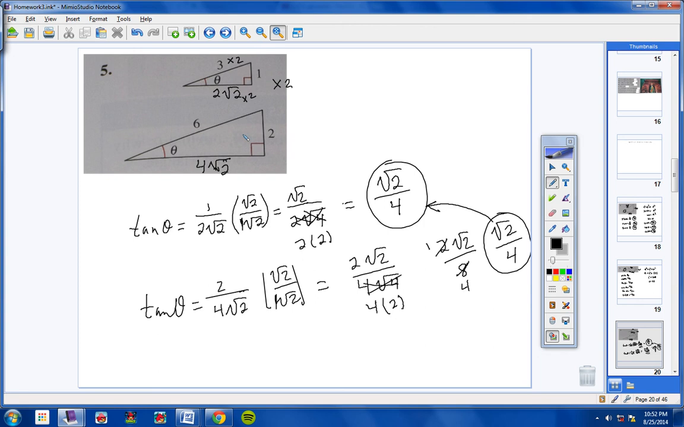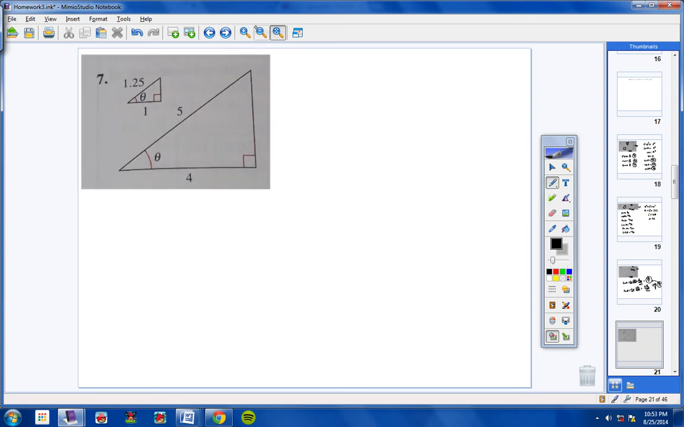All right, let's take a look at number 7. Very quickly, let's find the missing side here. We're missing a leg right here, so I have a leg squared plus a leg squared equals the hypotenuse squared. If you square the 1, you get a 1, and if you square 1.25, you will get 1.5625,